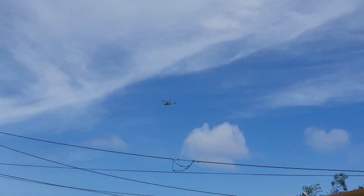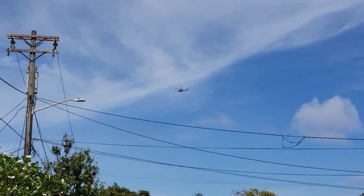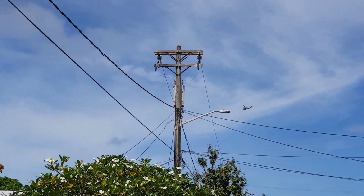Is that a UFO? I mean, I've identified it as helicopter, but